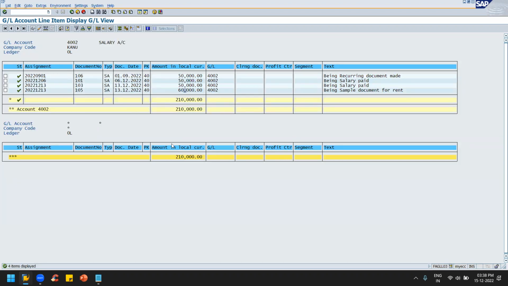60,000. 50,000. Recurring is up. First one, 106. So 50,000, 106. I have given it as 19, but instead of 112, we would have given. But in a real-time scenario, it will not accept the posting, because when we are posting it for the ninth month, which means December,